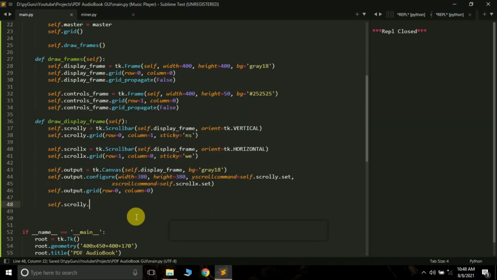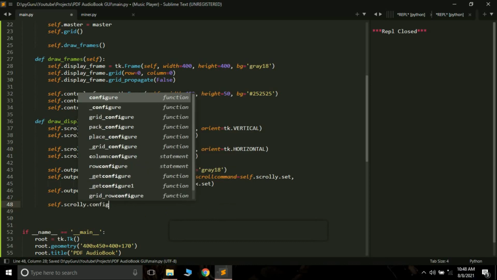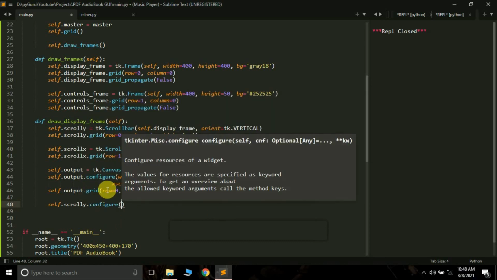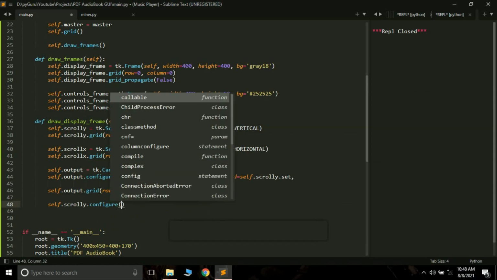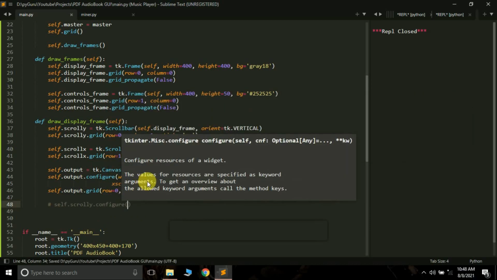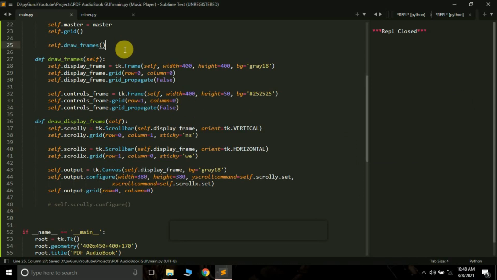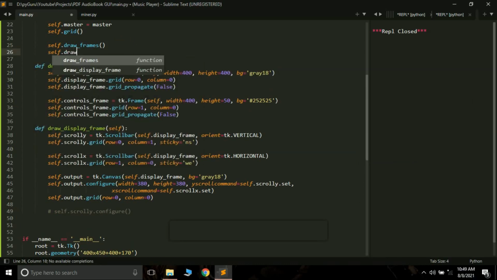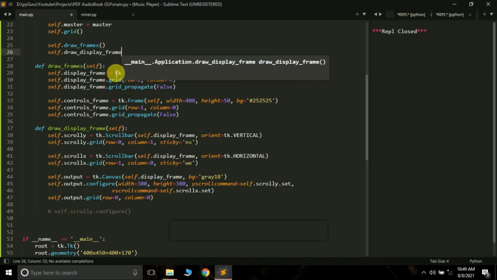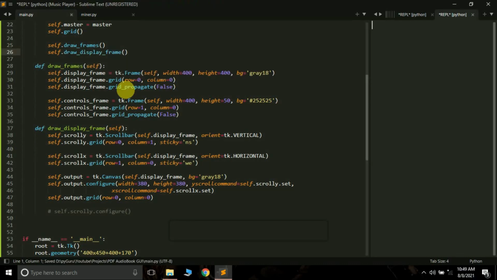We have bound it, and the next thing is we have to configure the working of these two things. So self.scroll_y.configure. Here let me not do this; let me just run it and show it to you. So let's call this function, self.draw_display_frame. Let me run this.